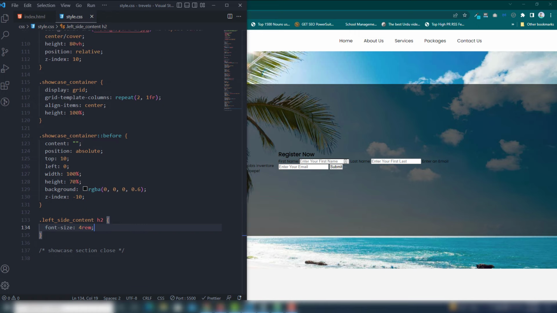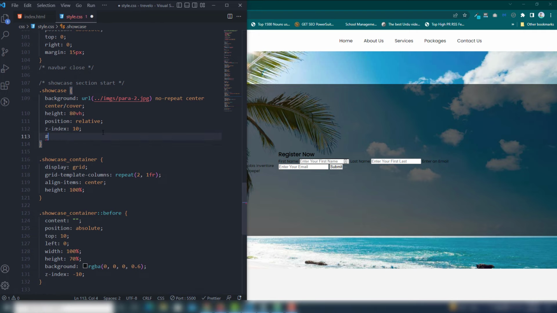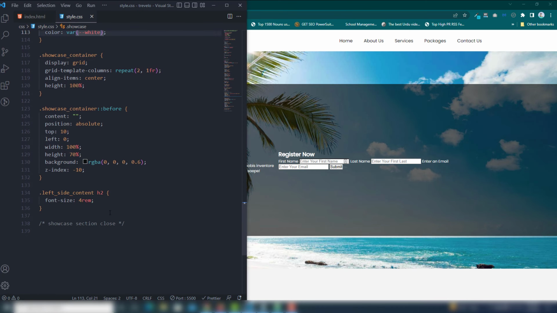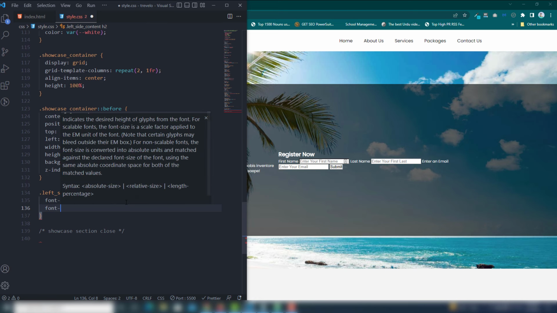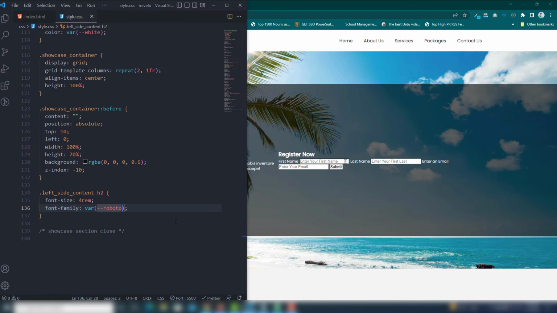What is the next thing I'm going to add? In the showcase I'm going to use color will be white, right? Font family I'm going to use Roboto, and also I'm going to add